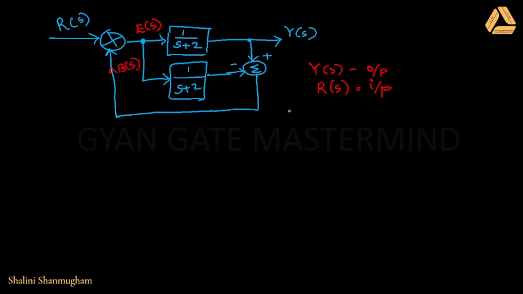So you can write Y of s as E of s multiplied by 1 by s plus 2,